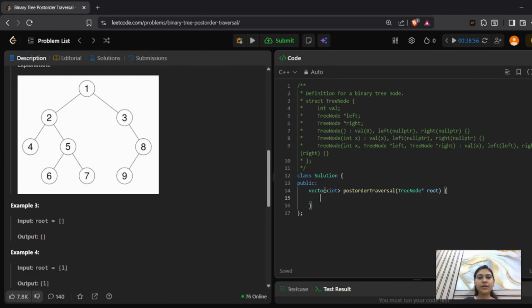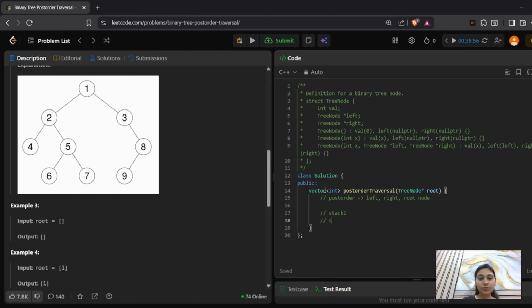Okay, so there might be a question in some of your minds: why are we using two stacks, and how did we get to this approach? So firstly you need to understand that post-order traversal is like left child, then the right child, and then the root node. Fine. So in stack 1, we were using the first stack to actually traverse the entire tree, which we were using in all of the other traversals of the tree. That is, stack 1 is only for the traversal.